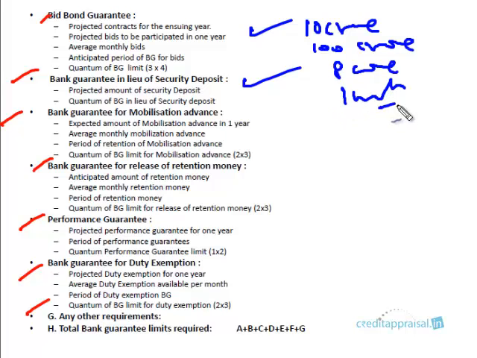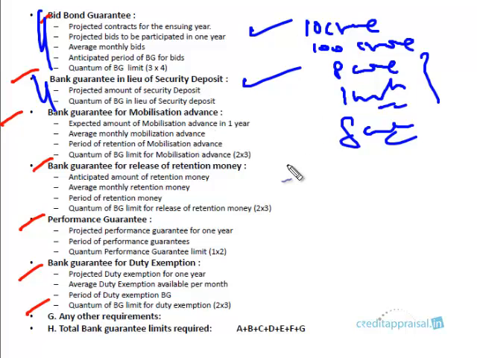Say for example, one month. Right, so quantum of BG will be 8 crores. So it's a simple calculation. So based on the category of BG required, there will be some simple calculation. Okay, so you can follow this guideline, but again, a BG is issued for a specific purpose. So based on the particular case in hand, particular requirement, you have to assess what the BG requirement is.